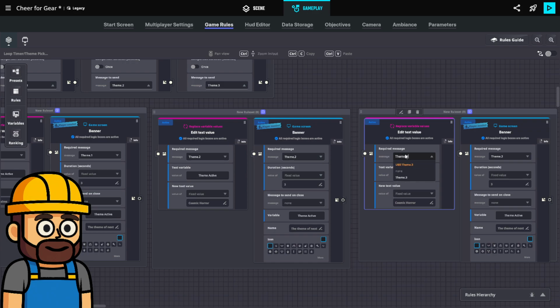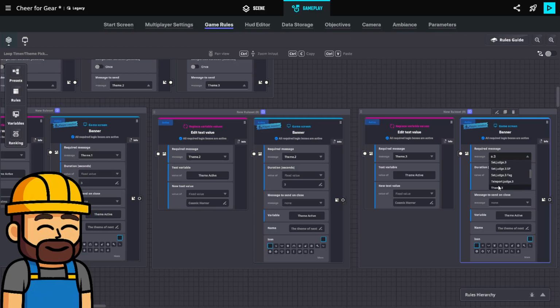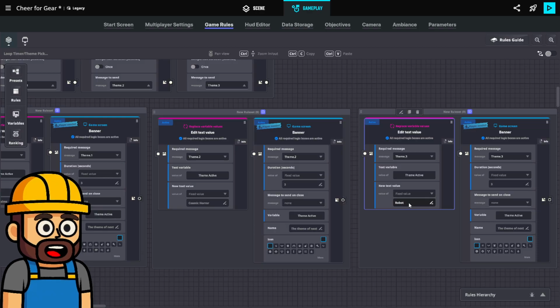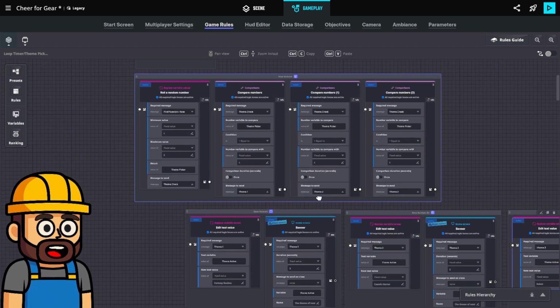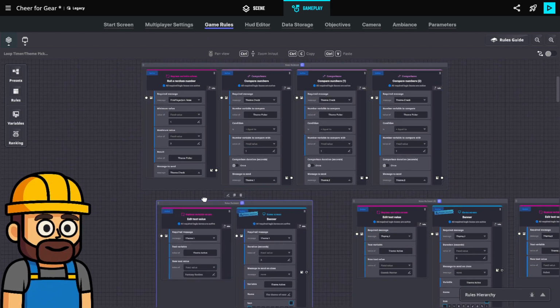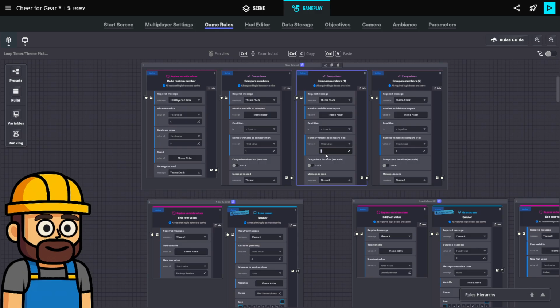Yeah. Robot. So we can get started here, at least testing things. We have 3 options. If it's equal to 2, it says theme 2. If it's equal to 3, it says theme 3.